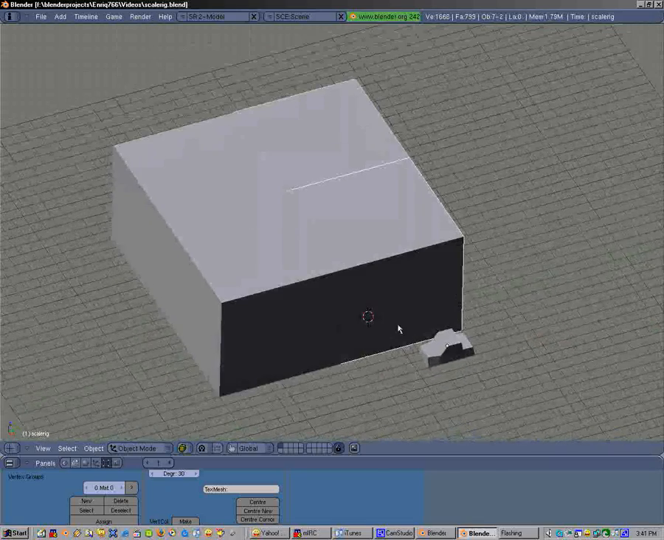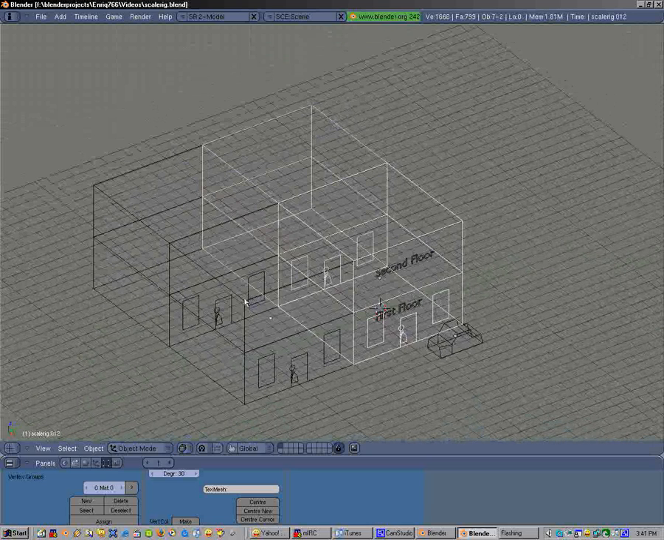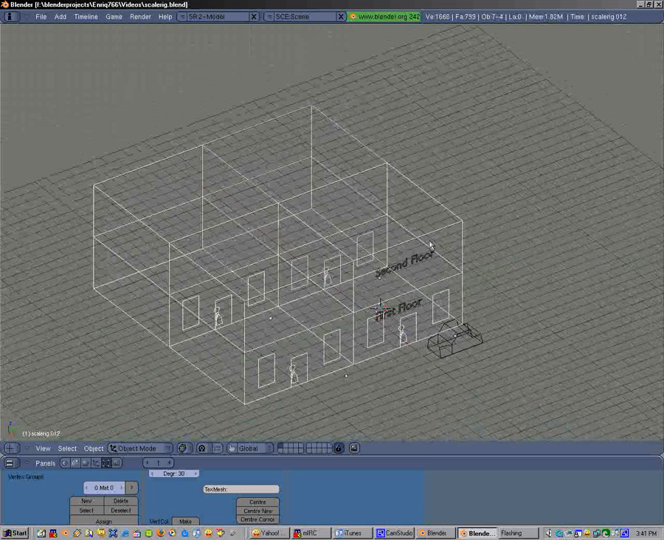Okay, I hope that pretty much explains to you what a scale rig is and what it does. I'm going to stop this and move on to